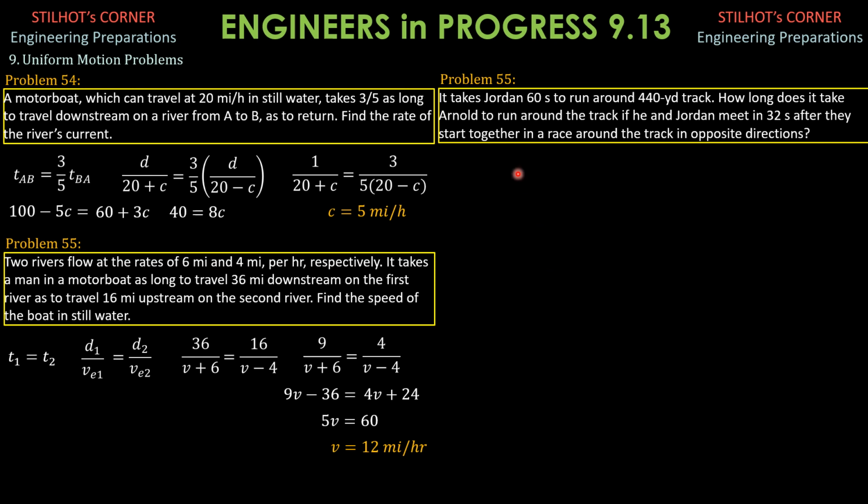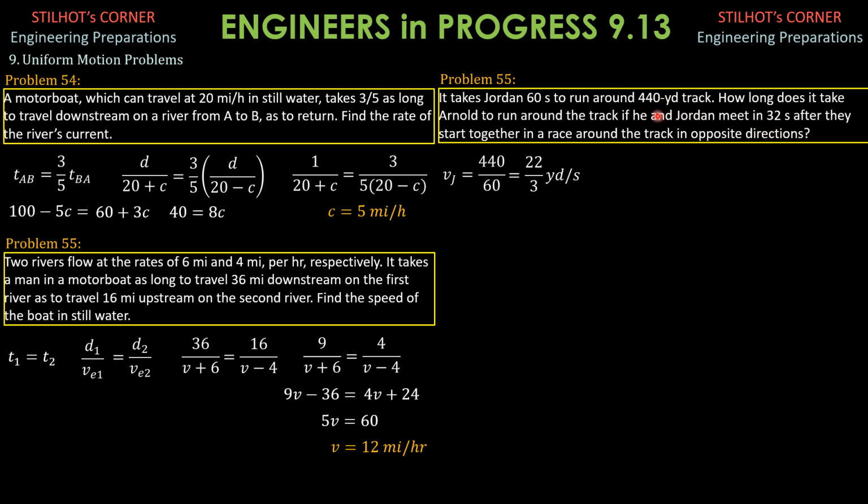So the average speed of Jordan is 440 divided by 60, and we simplify that into 22 over 3 yards per second. Then, of course, the distance is the 440 yard distance. They run in opposite directions, so the distance traveled by Jordan and the distance traveled by Arnold in 32 seconds